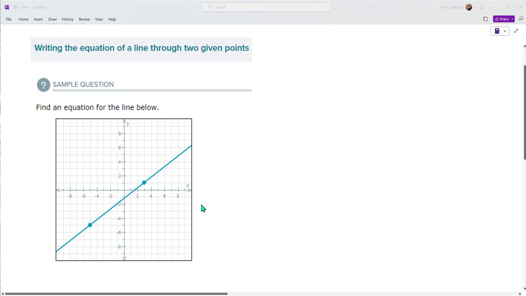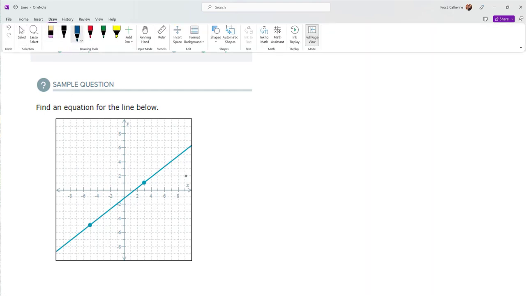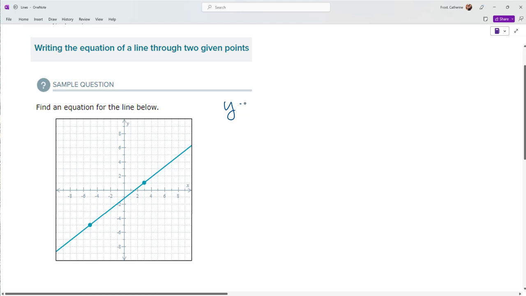So it looks like the b value for this is a little less than -1. So like -1 point something, so it's probably some kind of negative fraction. And then the slope, we can actually count it, but I'll go ahead and go through how we do it with the slope formula. So to count it on this grid, and by the way, when you're writing the equation of a line,